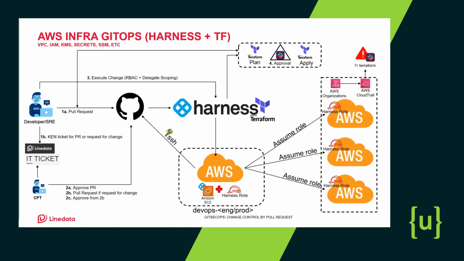So, step one, open a pull request. If you can't, step two, step 1B, create a ticket. Now, the second thing that happens is that